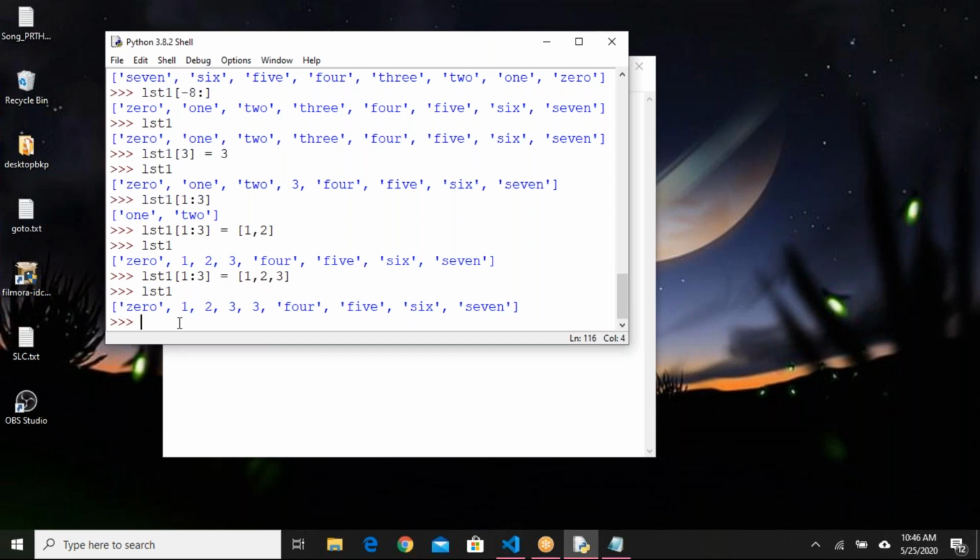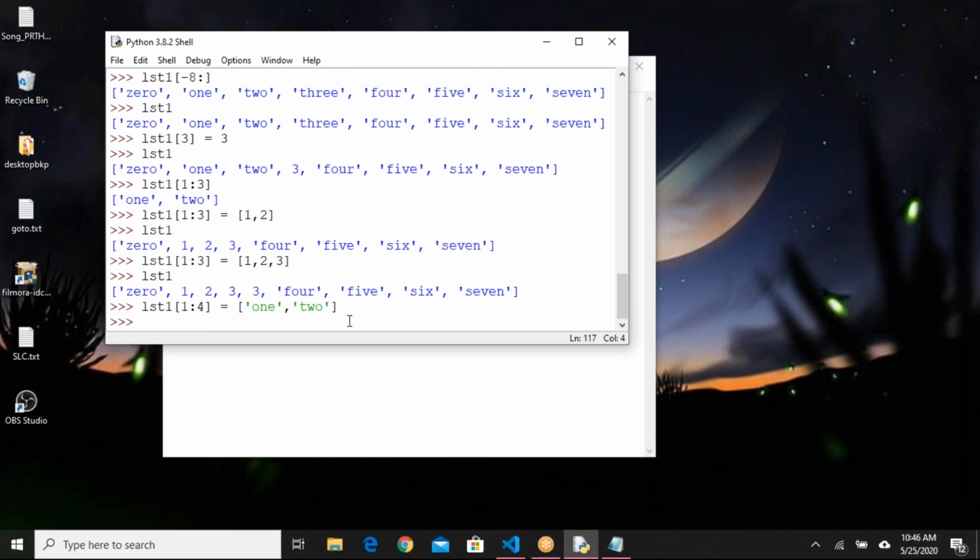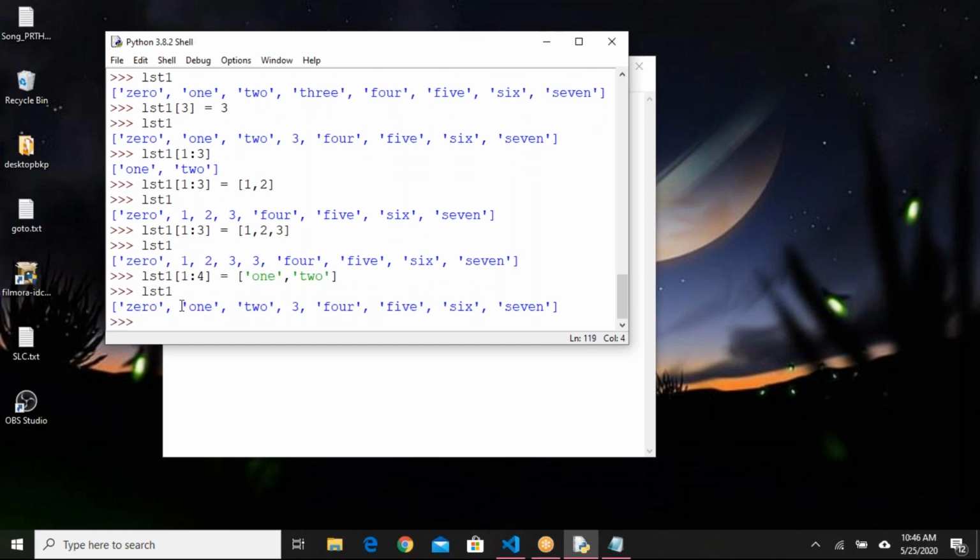What if I provide fewer elements? list1[1:4] equals, just to have a difference, 'one', 'two'. See here, list1 of 1:4 means I'm considering 3 elements here, and I'm passing 2 values. Okay, so if I print list1, I got only 2 values replaced here.